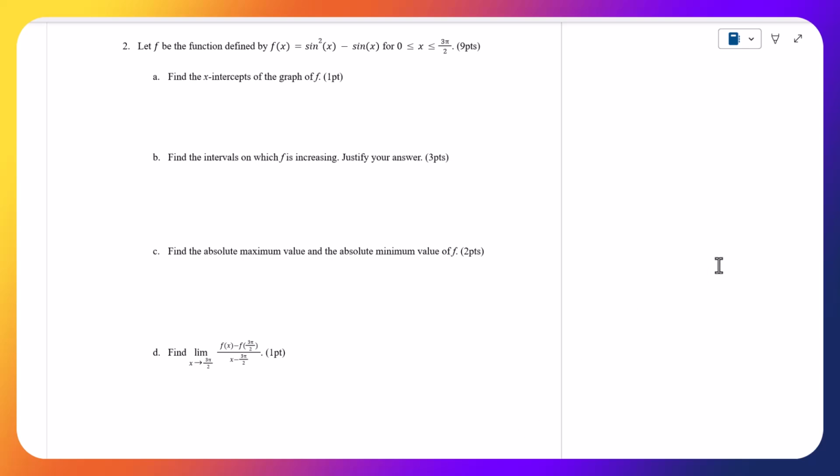Okay, this is our second FRQ question. Hopefully this one will be a little faster than the first. We have less stuff to read, so less information to figure out, but we have, let f be the function defined by this. We have this function here